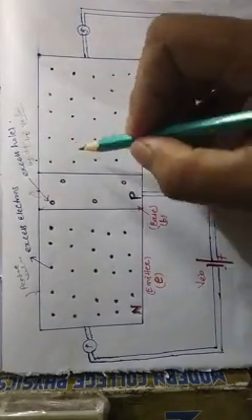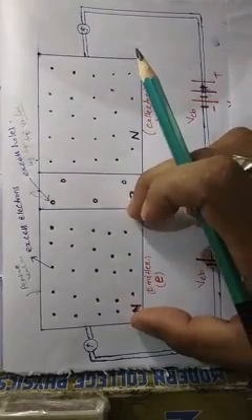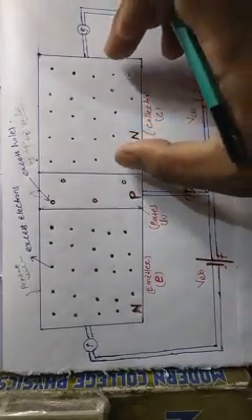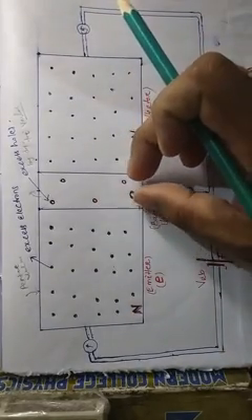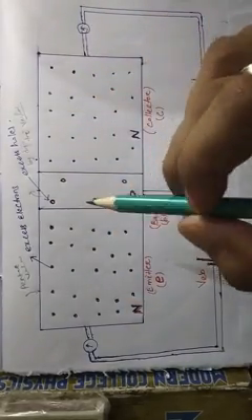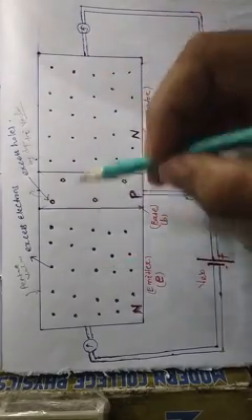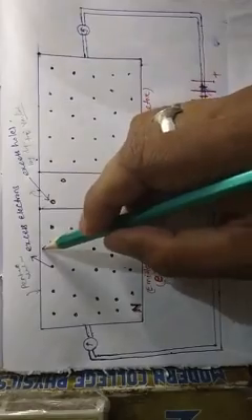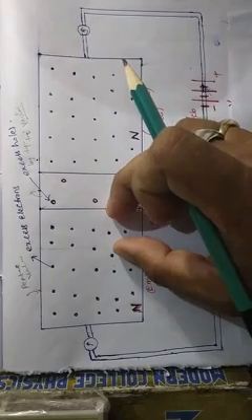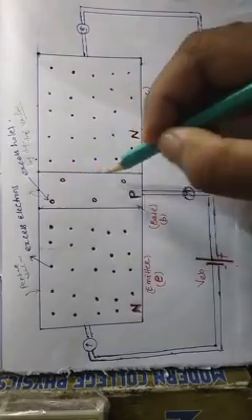Another thing can also be marked: how much length or thickness we have to consider for the emitter and collector. The base will be very thin compared with the emitter and collector, and its doping is very low. So in the same area, we can find many more electrons in the n-type semiconductor compared with the p-type semiconductor.